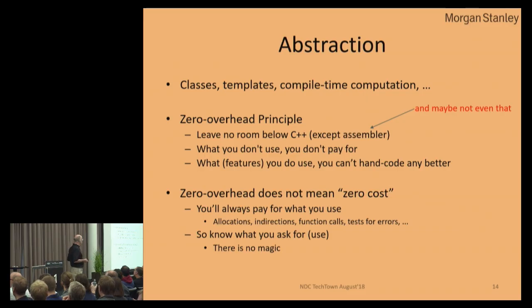You have languages where every object has to live in the free store, so it has to have a free store header over there, and you have to indirect to get it. As far as I can count, that's just 3 words wasted. Sometimes that's wonderful. It helps, but sometimes it isn't. So I don't want any room below C++ except possibly assembler. I wrote that somewhere in the 80s and have been repeating it ever since.